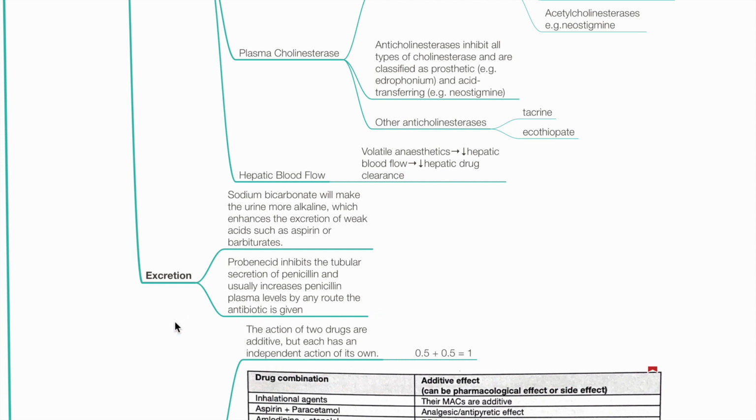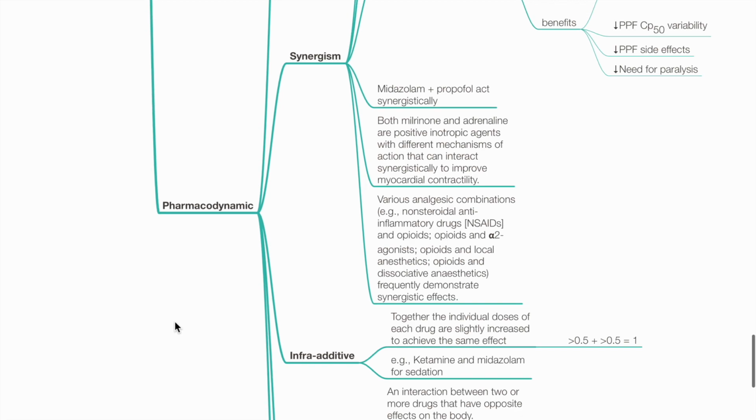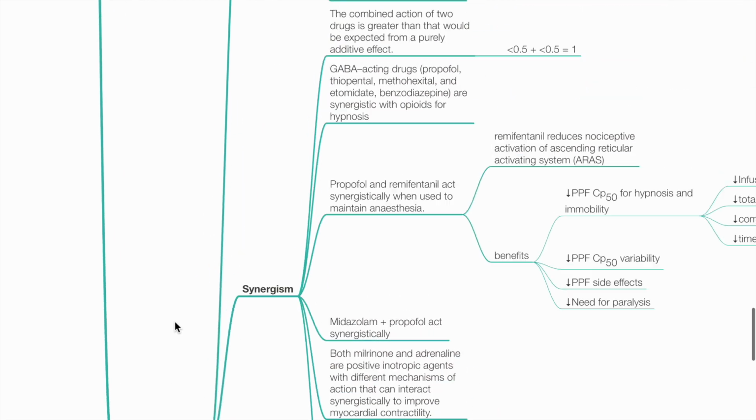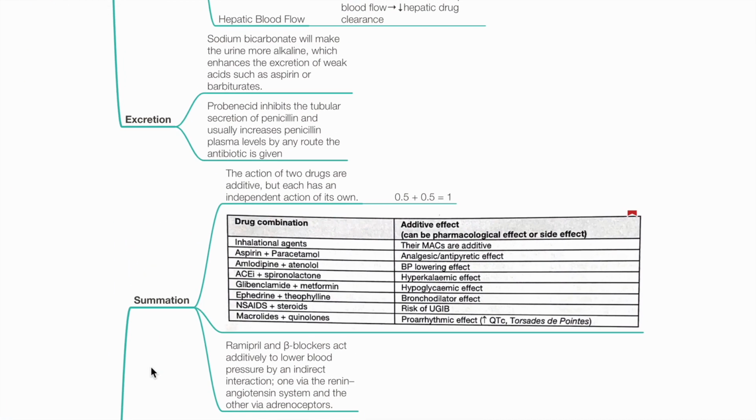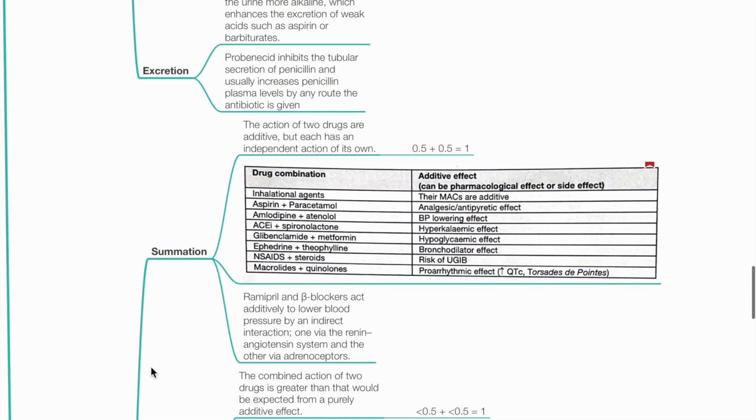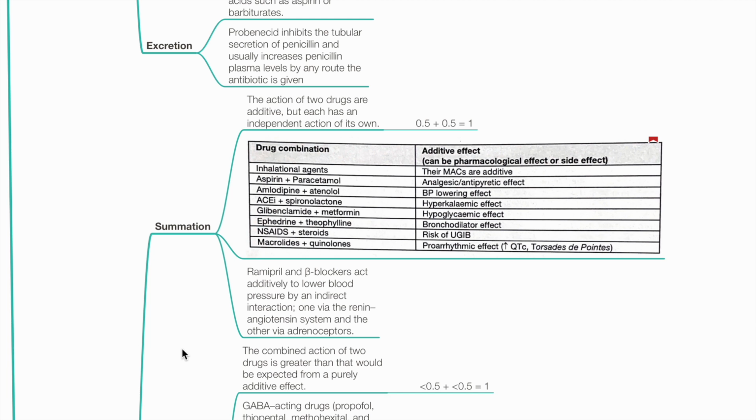Excretion. Sodium bicarbonate will make the urine more alkaline, which enhances the excretion of weak acids such as aspirin and barbiturates. Probenecid inhibits tubular secretion of penicillin, and this increases penicillin plasma levels. Pharmacodynamic drug interactions. Summation. The actions of two drugs are additive, but each has an independent action of its own. Examples of summative drug interactions include the MAC of inhalational agents, analgesic and antipyretic effect of aspirin and paracetamol, BP